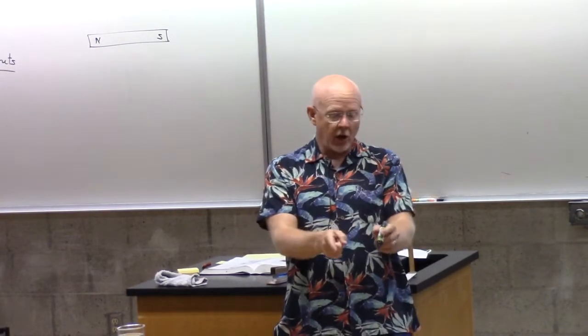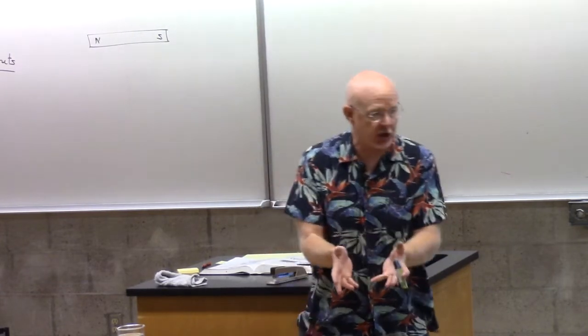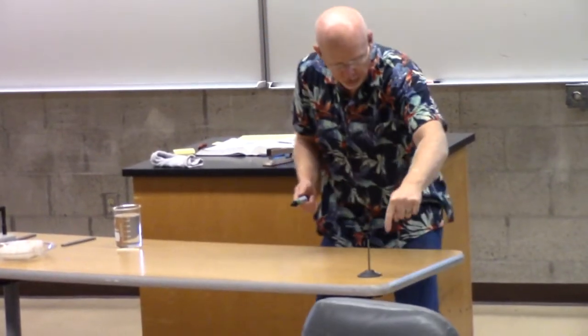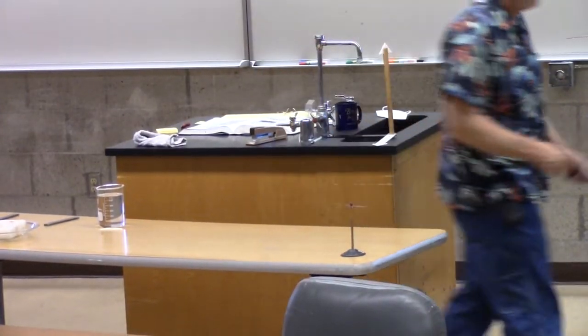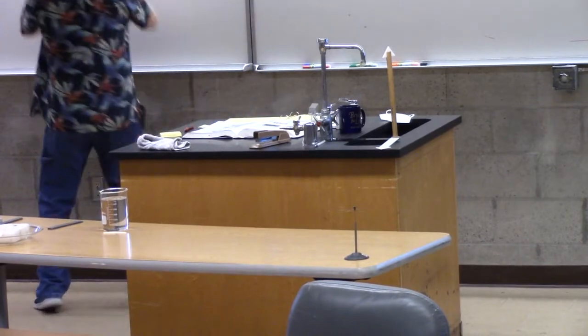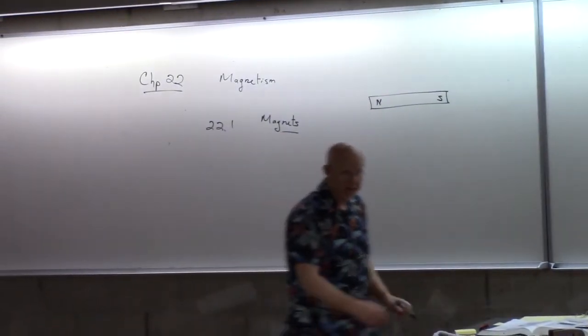But when I call these north and south poles, I do not mean a location in the sense on the Earth. I mean it's a location on a magnet. It's one side versus the other. That means if I held it in my hand and let it freely spin, it would settle in, so one side seeks north and one side seeks south. So we'll label them N and S and then call them north poles for short, but we mean north-seeking poles. Okay. Now,